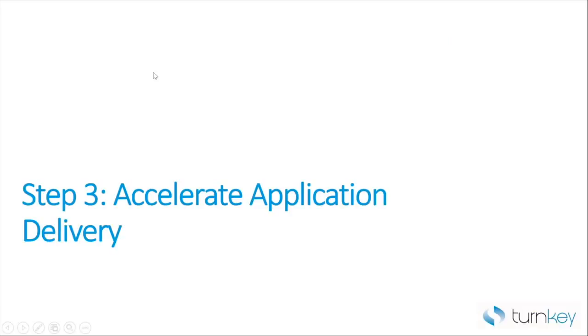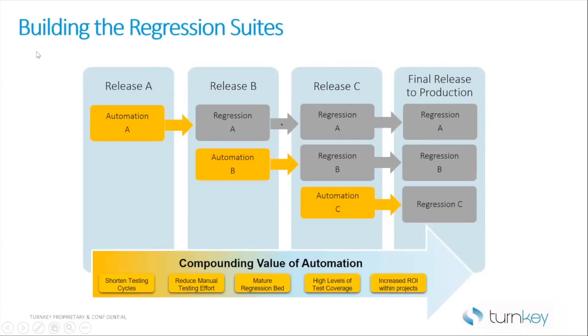Now, step 3, accelerate application delivery. In early releases of software, it is difficult to build full end-to-end automation test cases. But with today's advanced test automation software, like Turnkey C-Factory, building automation at smaller component levels, like individual screens, QA-infused DevOps teams can create scriptless and reusable components when first developing the user interface layer to detect defects in the code base. Then in later releases, as more components of the interface layer are delivered,